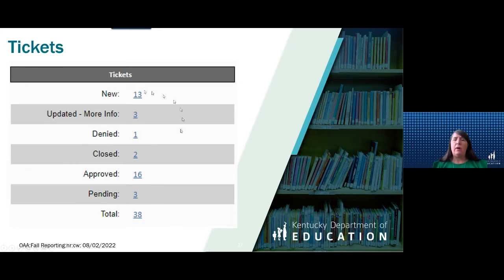And so that's why I say it's very important to keep up with your tickets. Make sure that before it closes, all of your tickets are done and there's none that need more information from you, or that you're waiting on us to approve.